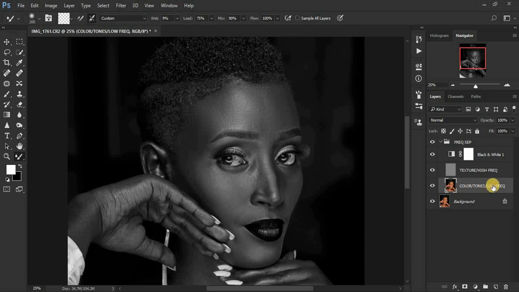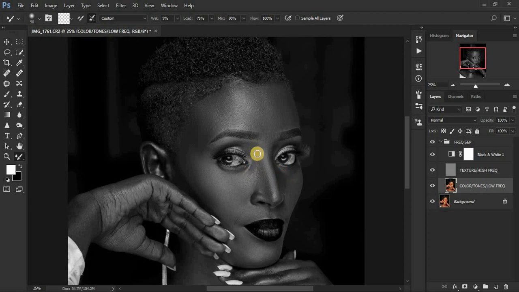Make sure you're selected on the color or tones layer, and just continue blending or mixing the transitions within the skin tones like that. So I'm not going to forward anything, because this is like a masterclass for your retouching, and you are going to be a changed retoucher after watching this tutorial. So stay tuned and don't get distracted at all. So let's do this